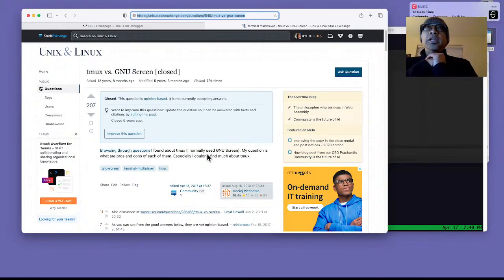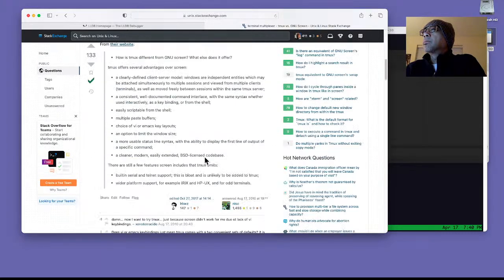So for those of you looking at Screen and thinking, why should I go into tmux? Just go to this post and you can see some of the differences and why you might consider going to tmux. I think I went to tmux primarily because, like what somebody said here,